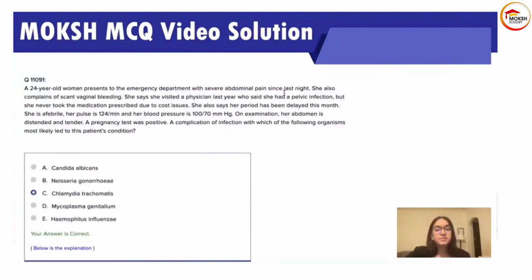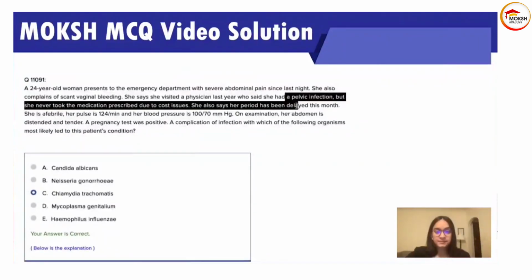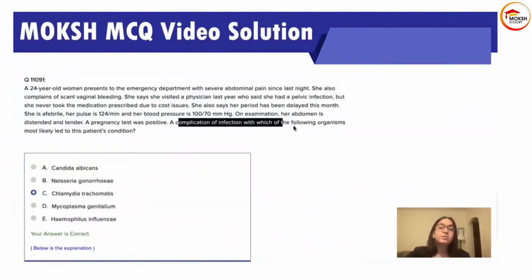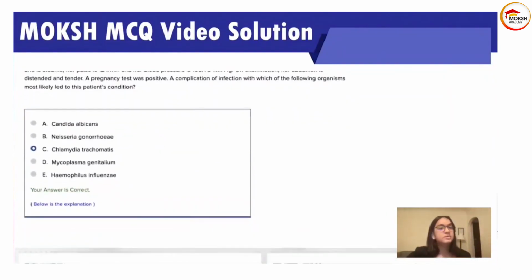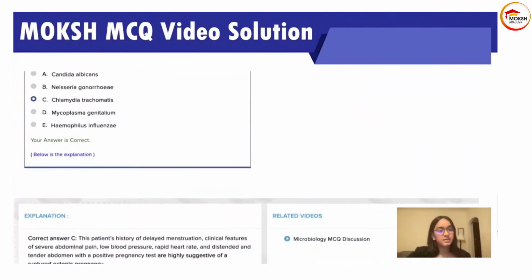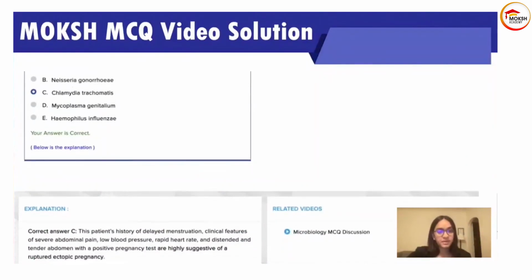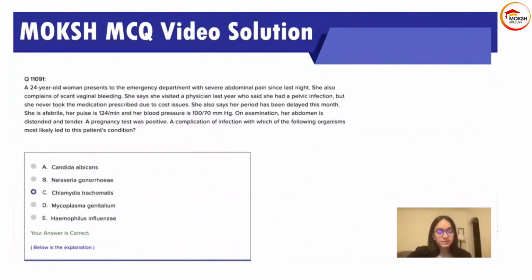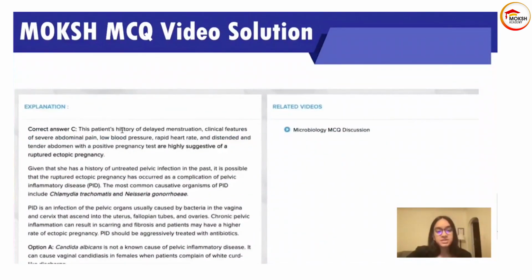Now we know that she had a pelvic infection which was untreated. So she had an underlying PID. So a complication of infection with which of the following organisms was the most likely cause? So you need to know the most common organisms for PID, and then your answer would become simple. Okay, so this patient's history of delayed menstruation, clinical features of abdominal pain, low blood pressure, rapid heart rate,